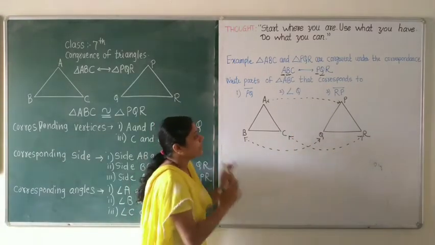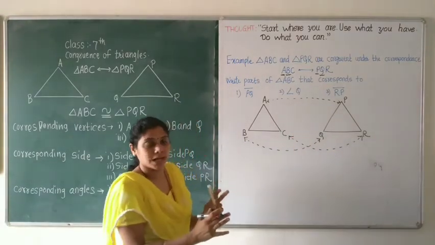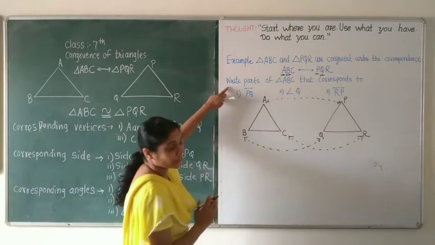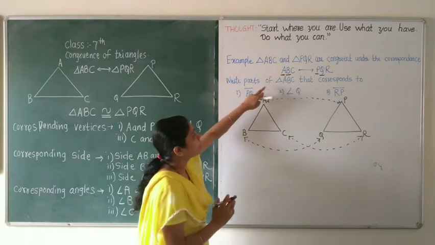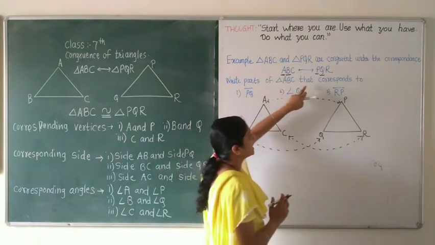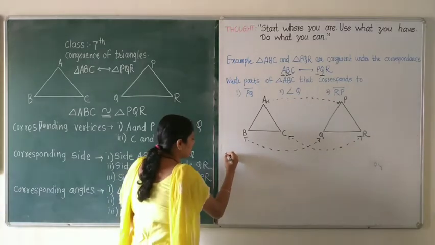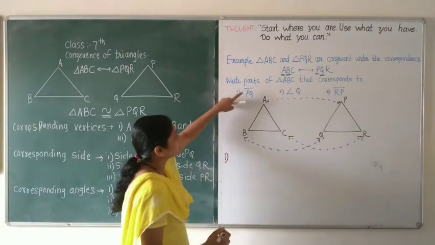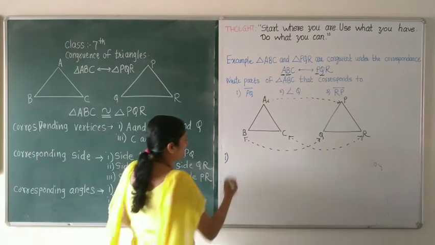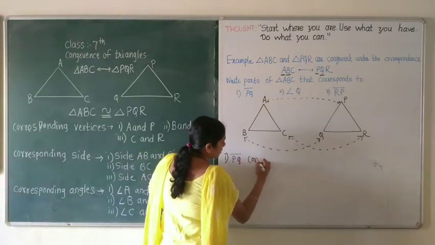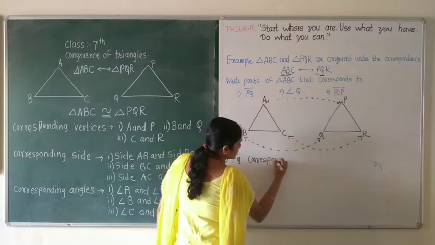So with the help of this information we have to write the answers of the given questions. So what is the question? Write parts of triangle ABC that correspond to the following. What is the first question? We have to write here segment PQ. So we will write here segment PQ corresponds to